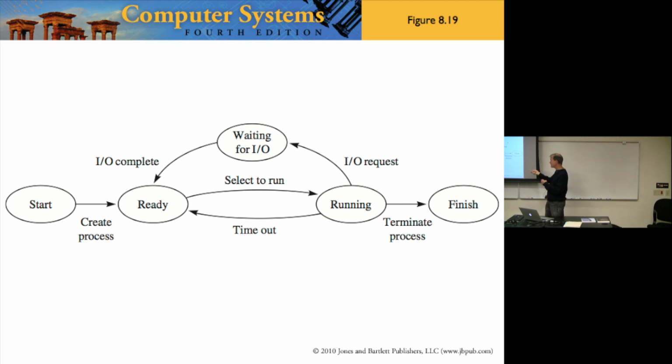If an IO request happens, then there's a separate queue of process control blocks waiting for input-output. Are you with me? And once the disk gets the information and it's ready to run again, the operating system transfers the process control block from the waiting queue to the ready queue. Does everybody see a mental picture of how that happens? And then it will keep looping around here. Sometimes it'll be selected to run, sometimes it'll time out, sometimes it'll be waiting, sometimes it'll be ready, sometimes it'll be running. And finally, whenever you do quit,